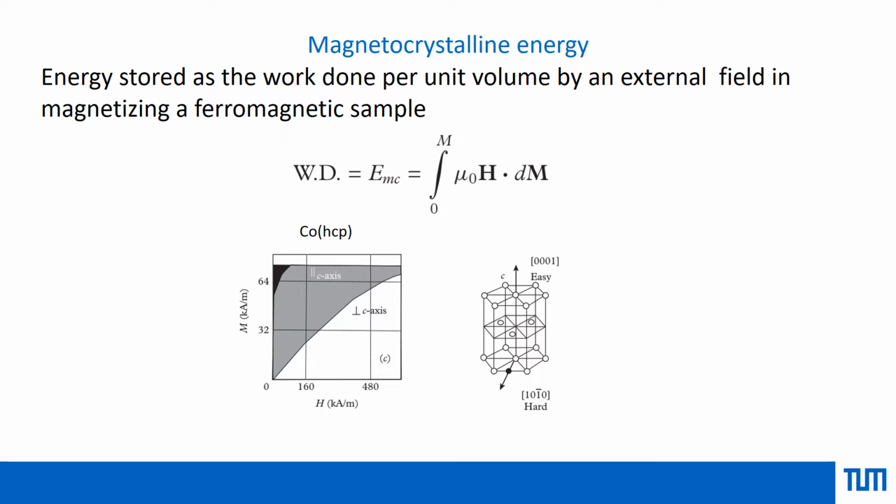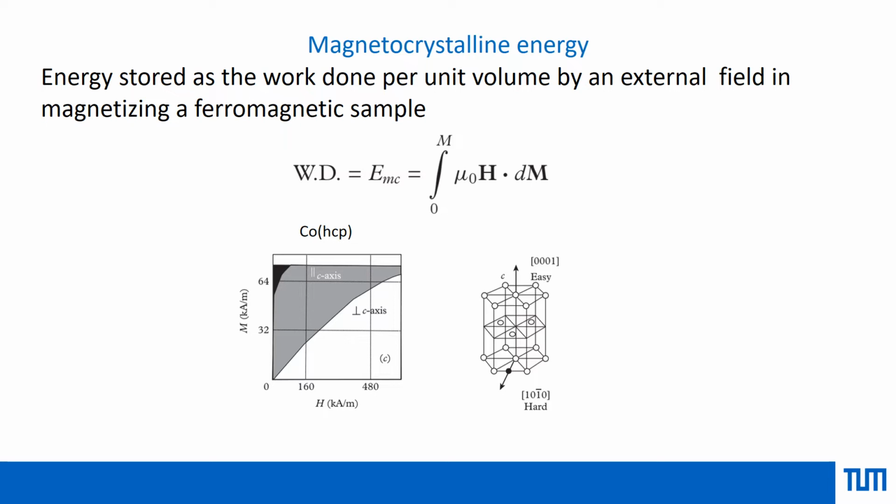We have seen previously an example of cobalt. So here you can see that for cobalt, this magnetocrystalline energy from this equation is just the area under the curve of an MH loop. So if you measure magnetization as a function of field, the area under the curve will give you the magnetocrystalline energy, ignoring how the domains are formed and all other things. If we just consider one axis is hard and one axis is soft, the curve will just give you information